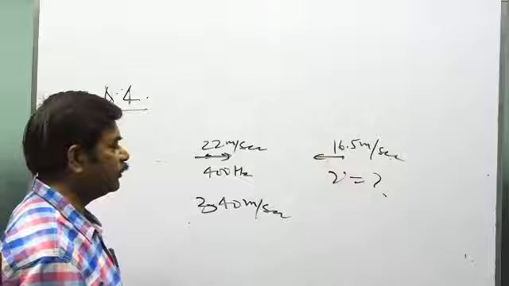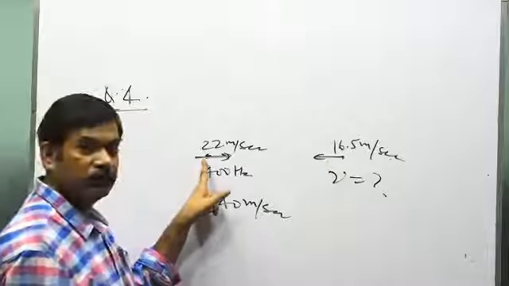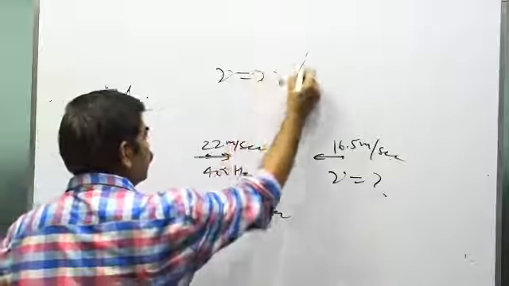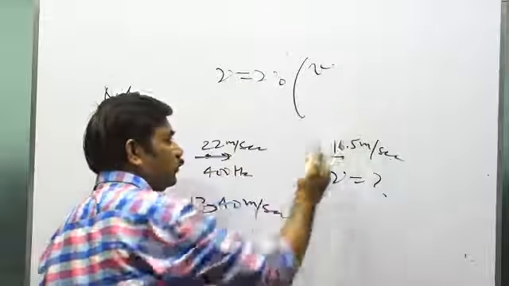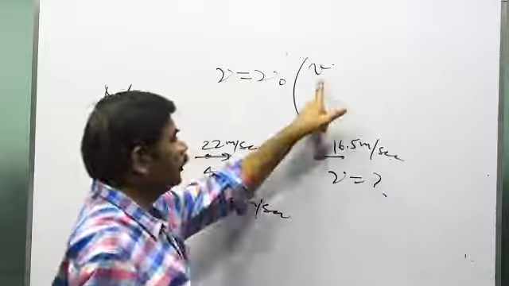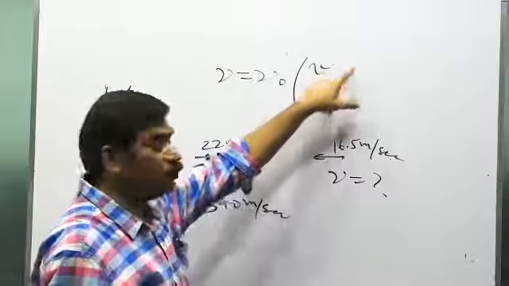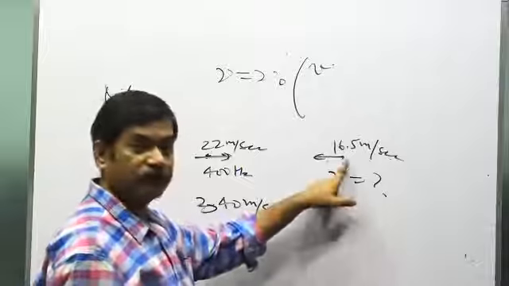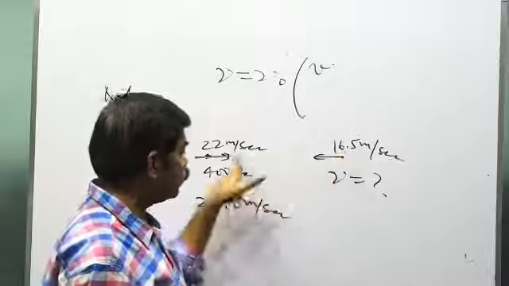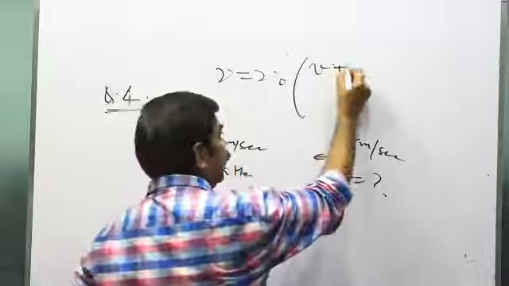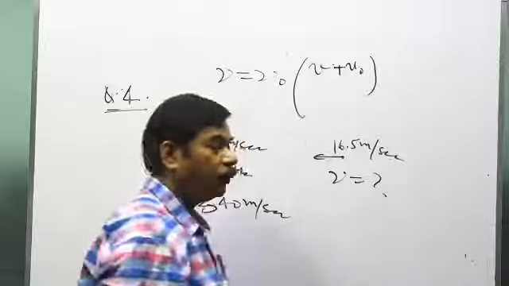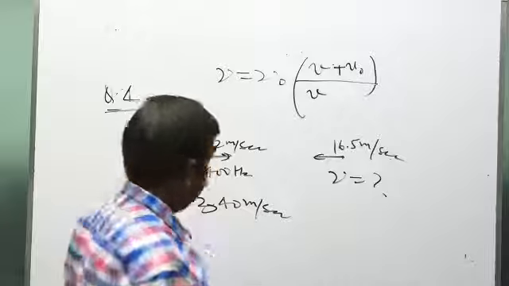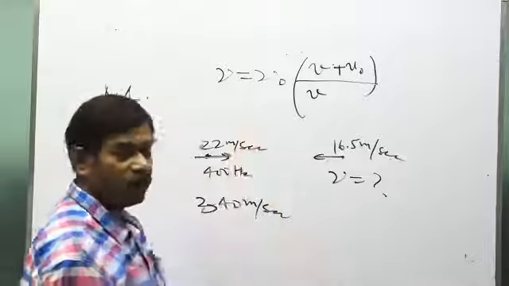It's a simple thing: this becomes the source and this becomes the observer. The frequency nu is equal to nu naught, the original frequency, times (V plus or minus Vo) over (V plus or minus Vs), where V is the velocity of sound. Will you take the plus sign or the minus sign? It depends on this: the observer is approaching towards the source, so in the numerator you have plus Vo. Now in the denominator, the sign depends on the source, because the source is approaching towards the observer.